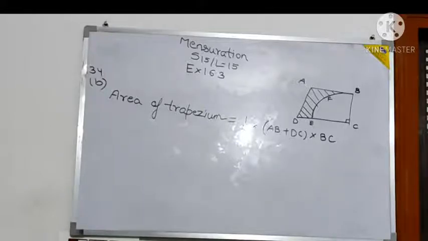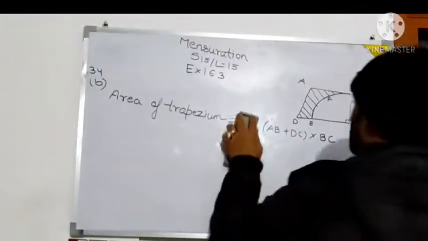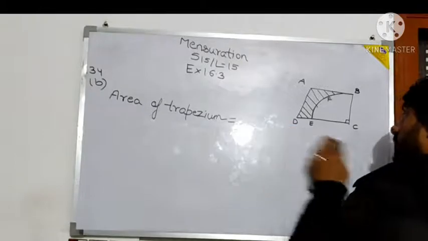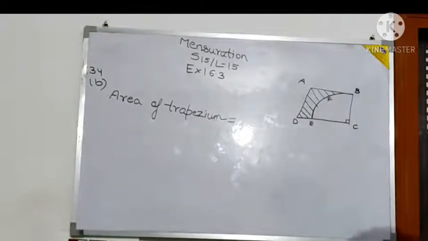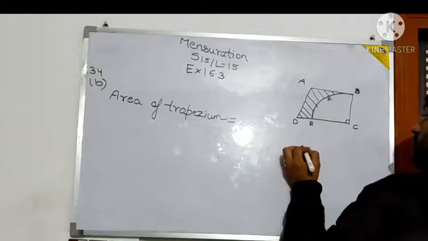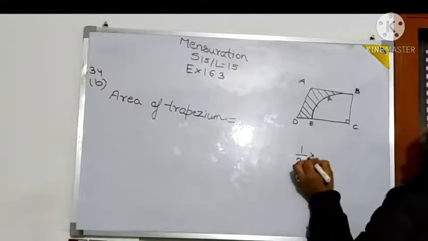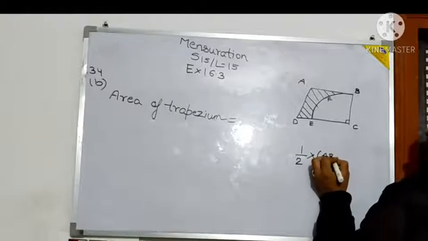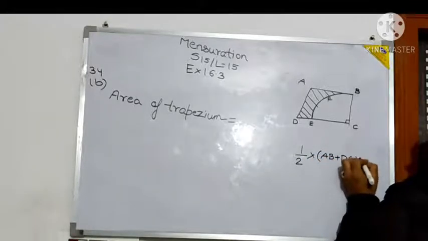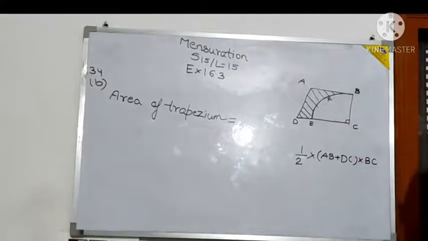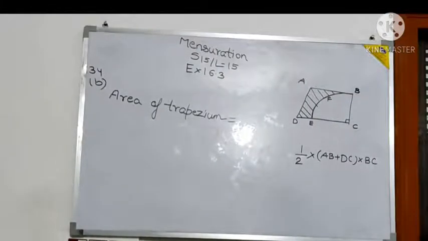Some portion is shining on the board, so I will write the formula a little bit below so that you can view it properly. That's why you can see in the videos I'm going many times below also, meaning at the back I'm watching how it is visible to you. So AB plus DC into BC. That is the formula for the area of the trapezium. I've not written the equal sign near it, but it is visible now. There are different formulas that you have to recollect.